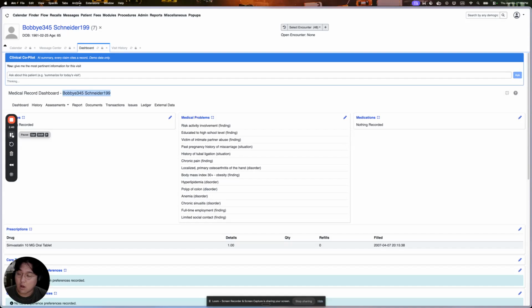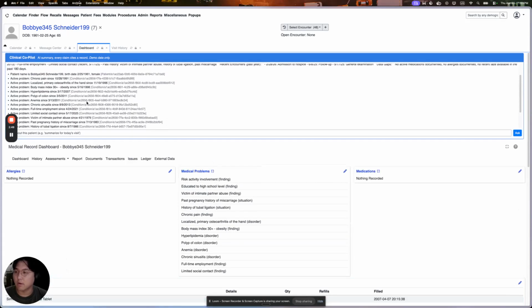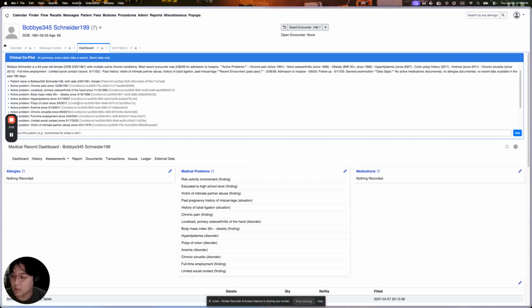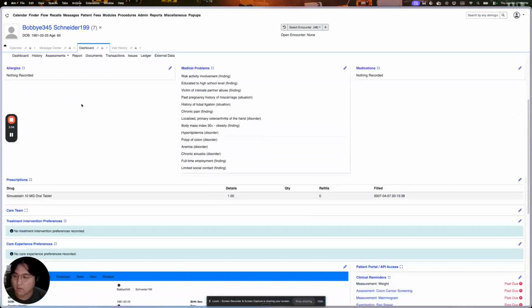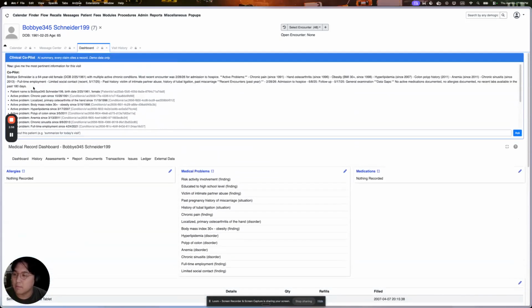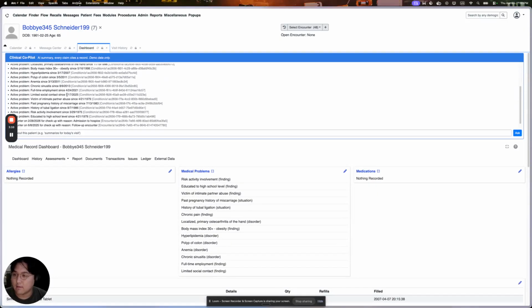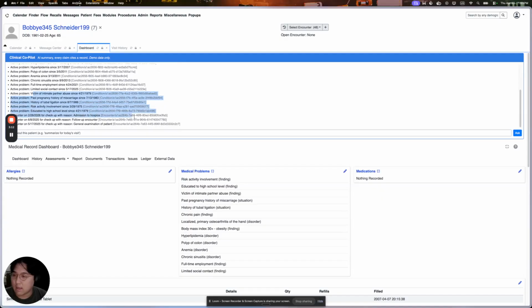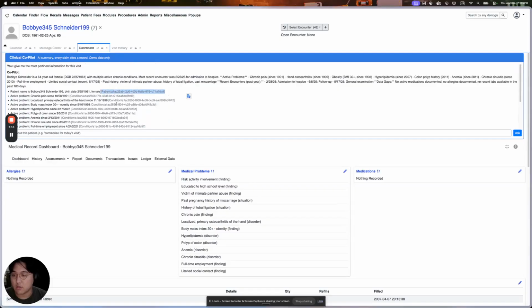This is taking a little long. In the meantime, okay, there we go. It came back. This is a lot more information than the previous one I ran, so it was a little longer than I wanted. But here you have a very basic rendition of the most important things for this visit, and it has all the sources, citations here. So it knows which information it's tied to, and all of that is from the actual health database that's tied